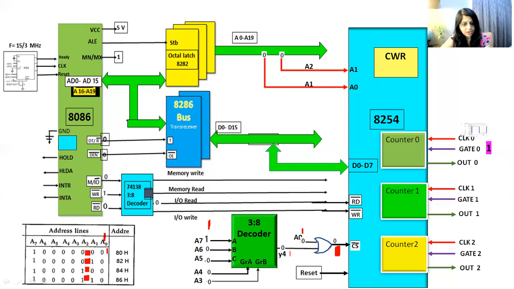Now, since we have connected Y4 output to the input of OR gate, and we want here 0, so that OR gate output is 0, here A5, A6 and A7 should be 100, which is equivalent to 4. Because unless this is 100, the Y4 will not give 0. In a 3:8 decoder, the outputs are active low.